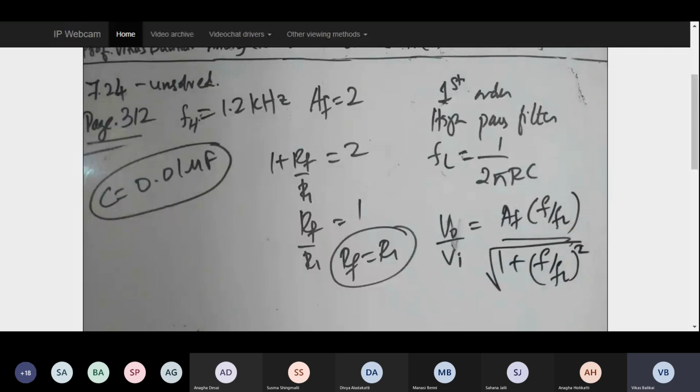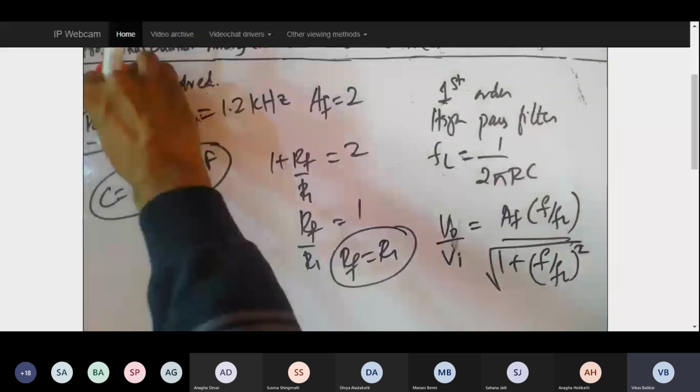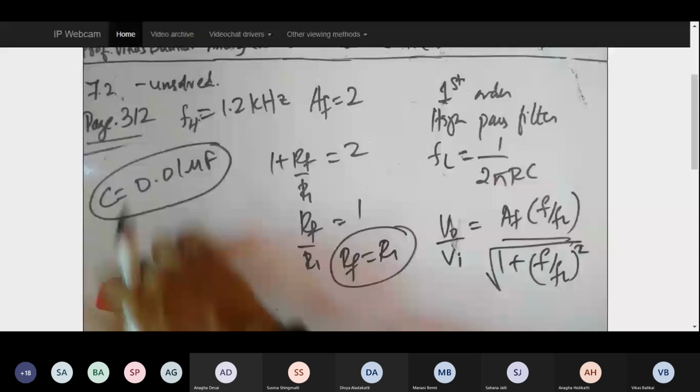So if I just want to take this particular problem and let's try to get into one more problem. Just a moment. So let me check which problem to take. Okay, so let's jump into the problem number 7.25. Let's go with immediately 2.5 unsolved from the same page number. This is from the exercise. What is that he has given?